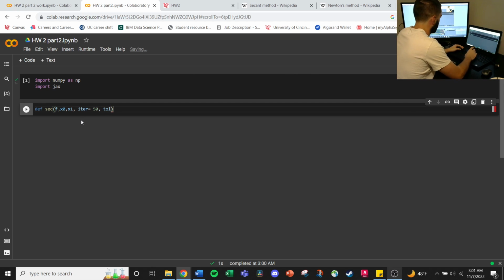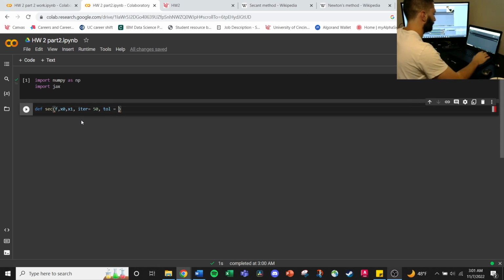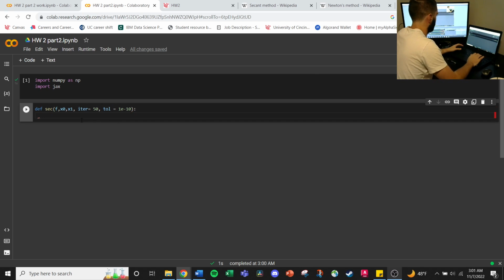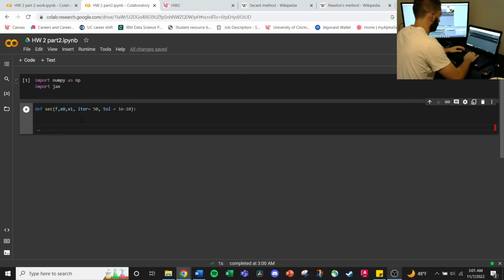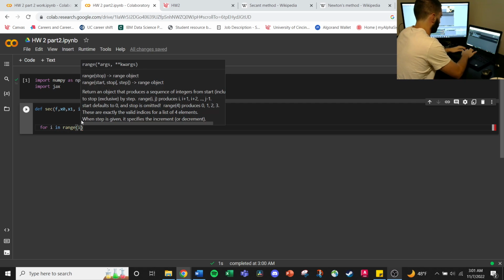And then I'll set a tolerance level, and that's where we can just leave our loop if we arrive at our root. So I'll say that we want that to be essentially 0, so I'll set that to 1 times 10 to the negative 10th. Alright, so now we're going to want a loop. We're going to keep replacing our guesses with the new guesses that we get. So for i in range of the iterations,